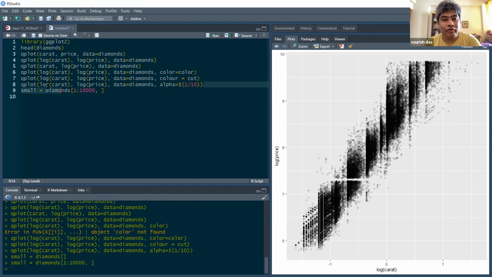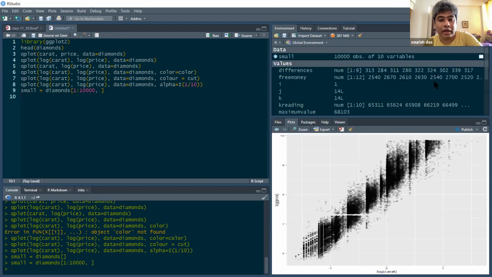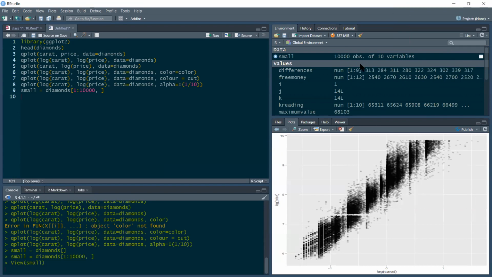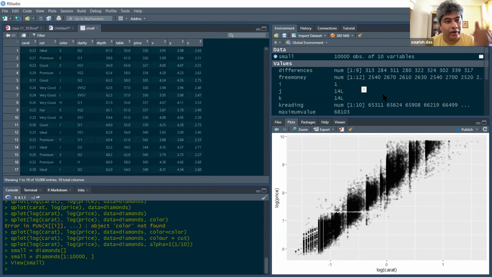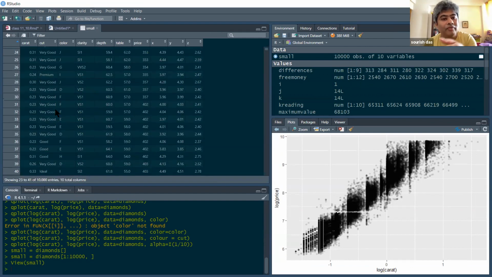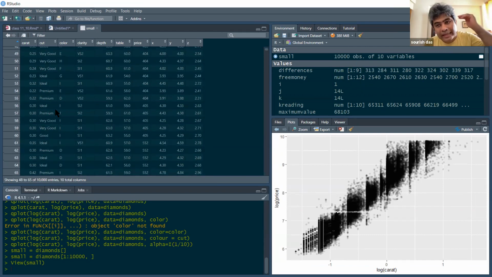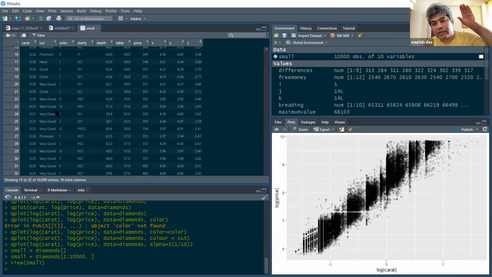Now if you go to the environment on the right and scroll, you see small has 10,000 observations. Instead of 50,000 rows, you just took the top 10,000 rows, basically.